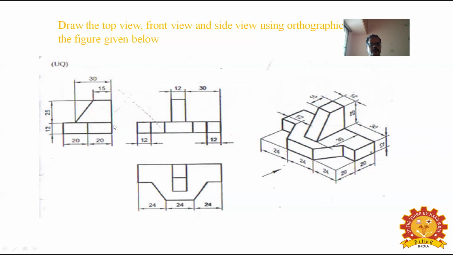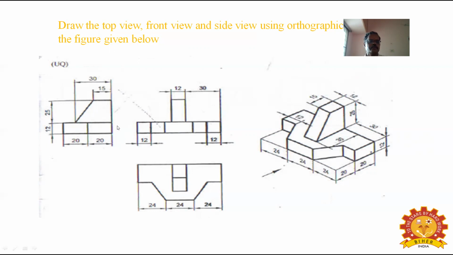After completing this rectangle, you have to draw the rib portion. The rib height is given as 25, and you have to match it with the front view. In all the drawings, the side view should match the height of the front view. The first 15 is a flat horizontal line, and the next 15 is a taper portion. So join this 15 and this 15 by means of a scale, and you will get an inclined line.